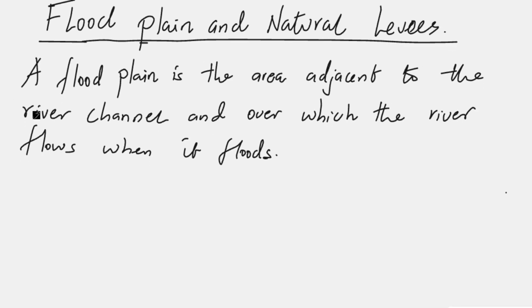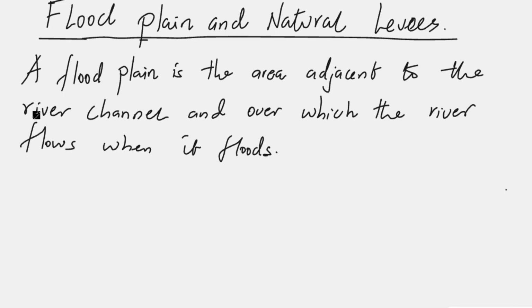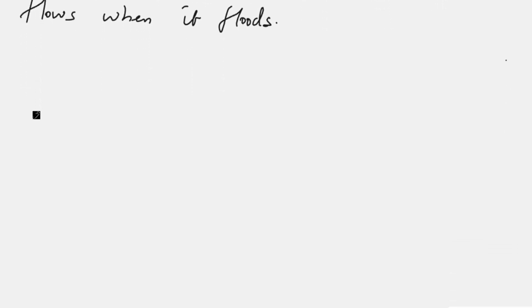Floodplains, of course, are found in the old stage of rivers, and they are formed as a result of migration of meanders downstream. So here I want to demonstrate using a diagram the meaning of the flood plain and how it is